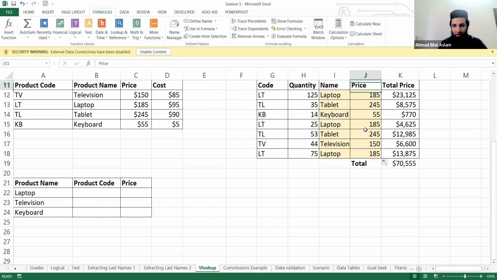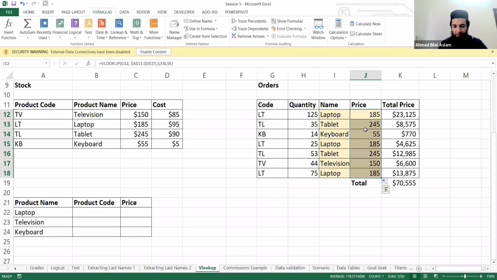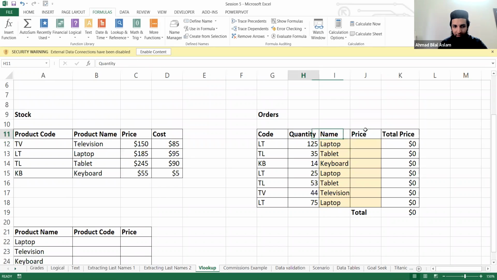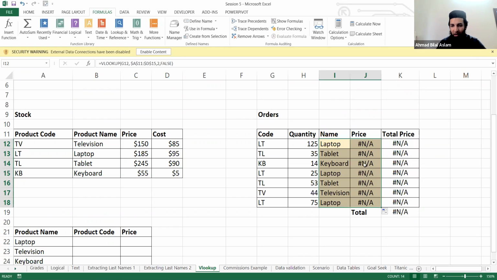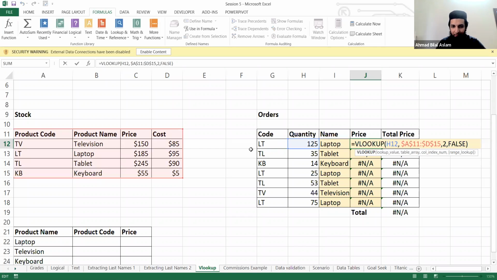अब यहाँ पे जब हमने यहाँ इधर कॉपी किया इसको, अगर मैं सिर्फ यहाँ पे ये एक सेल में इंफॉर्मेशन डालता और मैं पूरे के ऊपर कॉपी करता, देखिए उस केस में क्या होता। अगर मैं नीचे भी कॉपी कर लिया यहाँ पे और राइट साइड पे भी कॉपी कर लिया, व्हाट इज हैपनिंग हियर, ये सारे एरर्स क्यों आ रहे हैं मेरे पास जब मैंने इसको राइट साइड पे कॉपी किया? इट्स बिकॉज मैंने G12 को फिक्स नहीं किया था, इसलिए when I'm moving right तो वो G12 जो है वो भी H12 पे आ गया, है ना। टेबल तो फिक्स किया हुआ था, वहां पे कोई प्रॉब्लम नहीं आई।